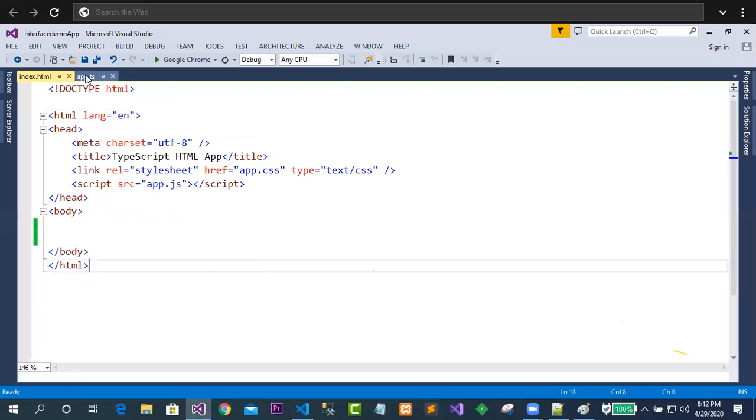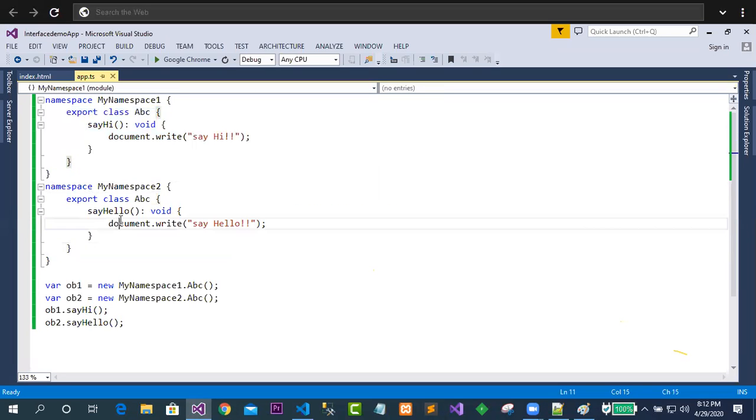Okay, so this is all about the class. Can I go for an interface? Yes, I can use an interface also, but that interface must be written with the export keyword. If you are going to access it outside of this namespace, you have to define it by export. But one may ask the question: inside the namespace, can I create a function directly?